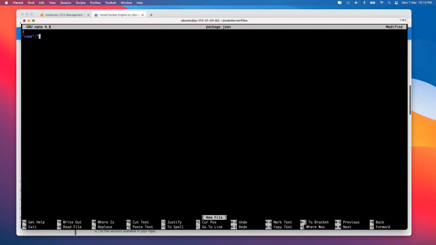So let's say name, and I need docker code, and then the main thing is scripts, opens and closes, and then start, and I give, let's say, node server.js. This is the command required to run my Node.js code. And then let's give the version also. Version is 0.0.1, and let's say description also, and give this is the Node.js sample server, and maybe author,